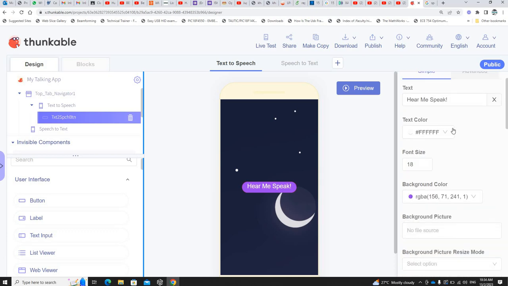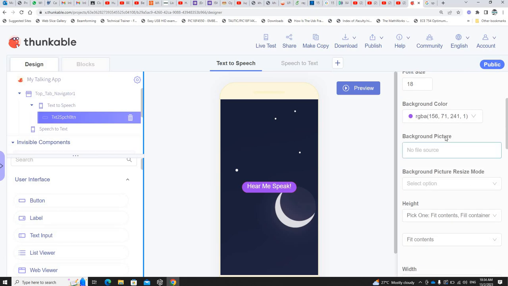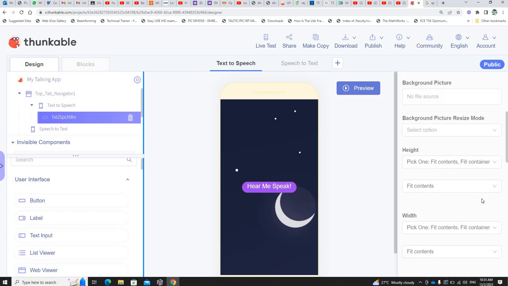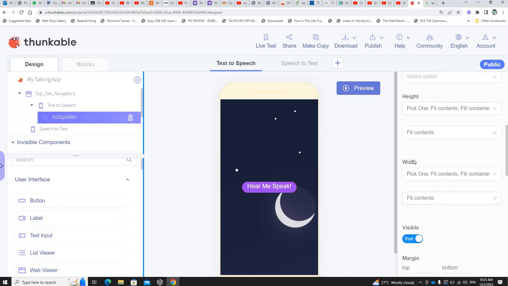Now, there is this text color. You can change it to whatever color. I'm just going to leave it white. You can change the font size. If you want to include a background picture, you can include it. All these things you can try to explore. Now there is one thing known as the height and also the width. It says pick one: fit contents,